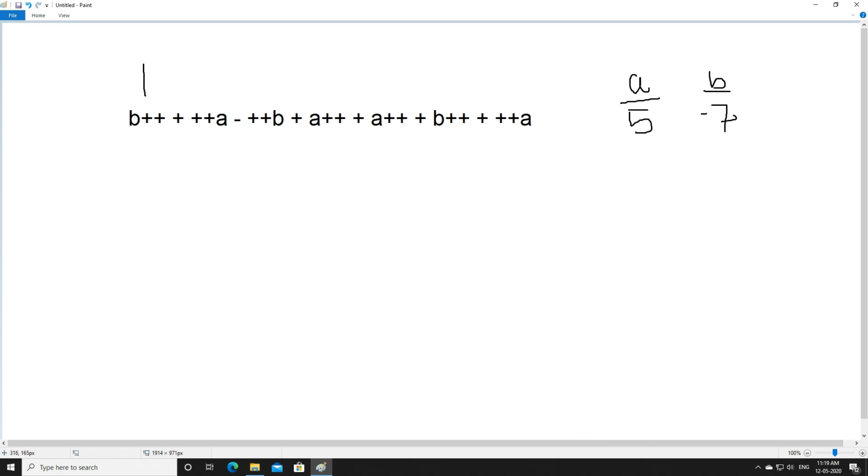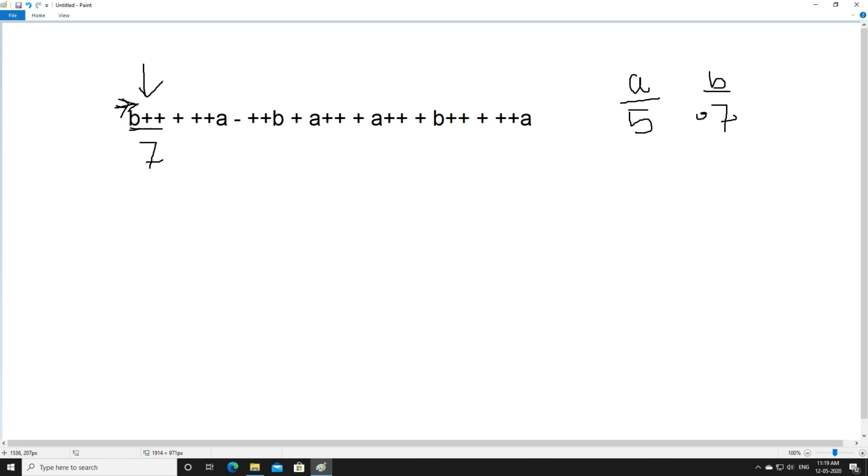Here you can see we have used b plus plus. This is post increment, and when we are using post increment, first we have to use the value and then we can increase it. Or you can say like this, as we are moving from left to right, the first thing which comes is b, right? So first we have to use the value of b, that is 7.